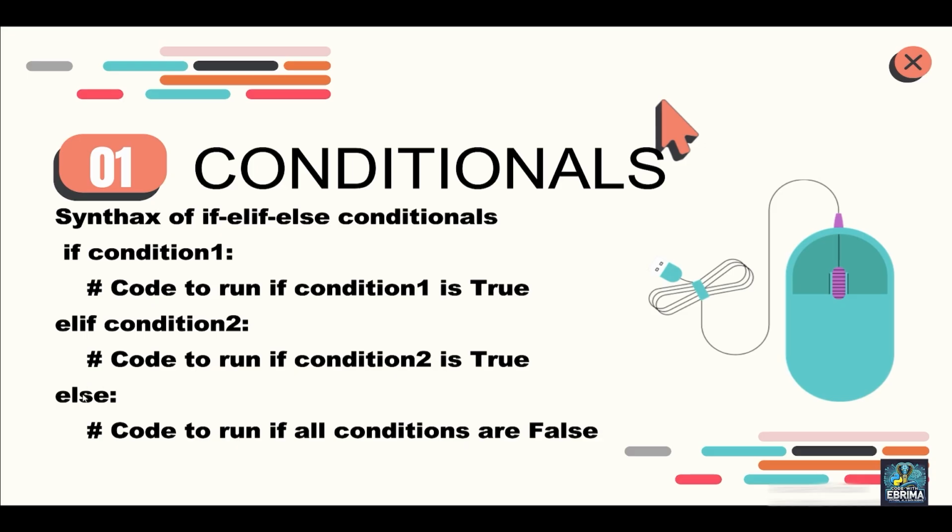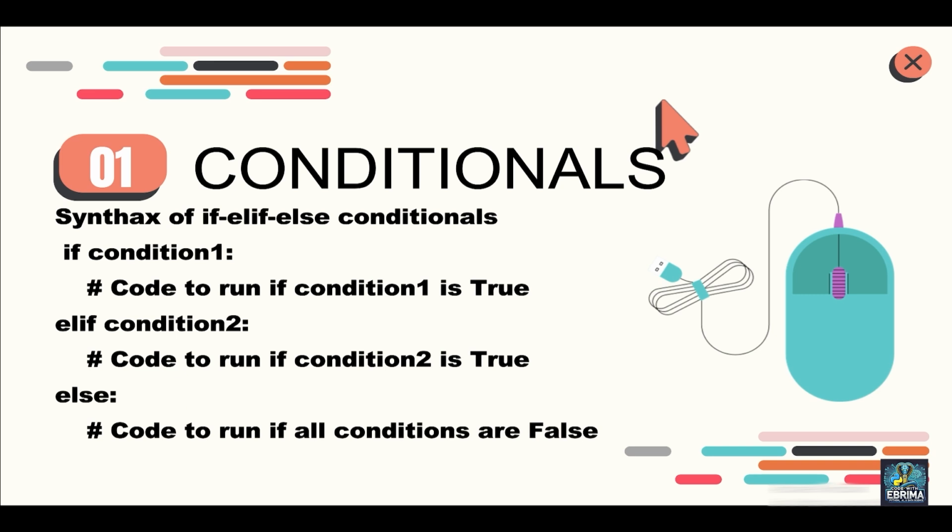The first elif condition that evaluates to true will execute, and the rest will be skipped. Finally, we have the else block. The else block is optional, and you can only have one else block. This is important to note. The else block is a catch-all case when none of the previous conditions are true, and it must always be at the end. So the if block is mandatory and always at the beginning, and the else block is optional, but it must always be at the end. This is very important to note.